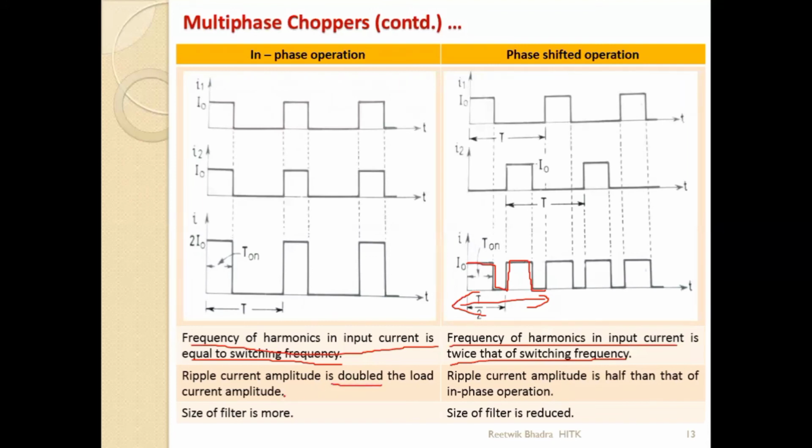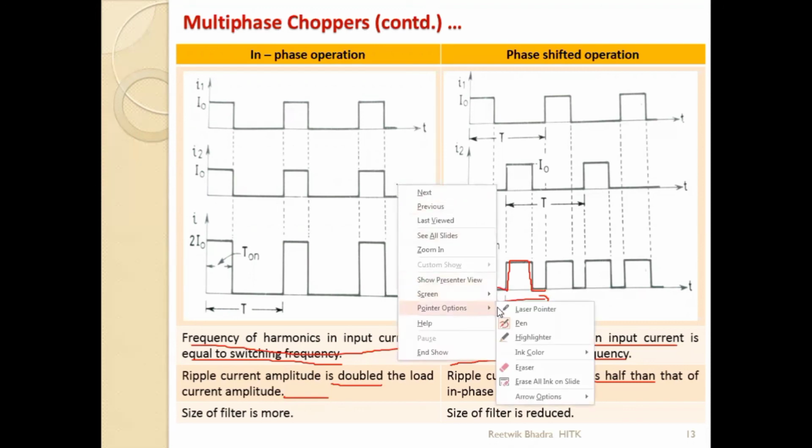It is always double, and it is between I naught and twice I naught, or half of this, because it is double, half of this is I naught. For this operation it is I naught, or you can write that it can range between I naught and twice I naught, no problem. Another point, very important: because of this, what happens?